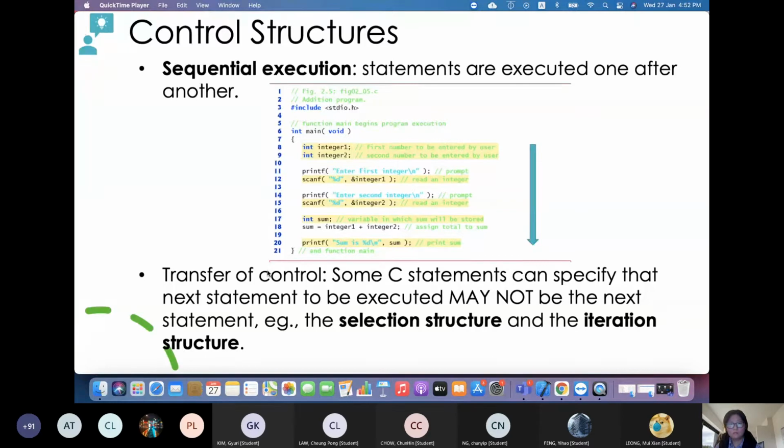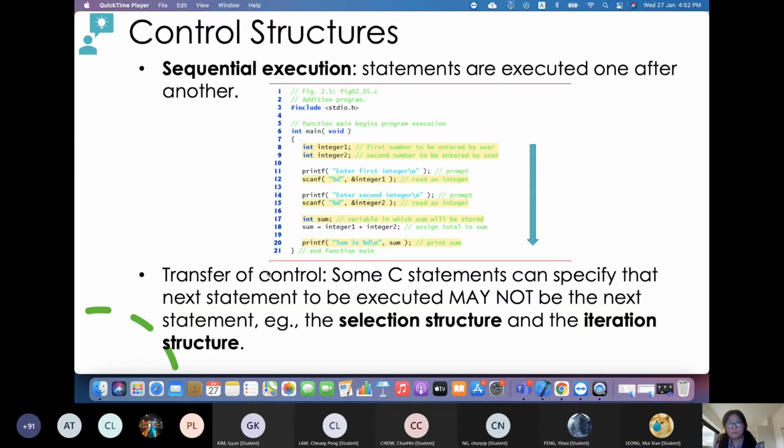First, read the definition of the two variables, and read the first print to enter the first integer, and then we will input and read the first integer. Similarly, we'll read input and read the second integer. Then we will add the total value of those two integers, and finally print the sum of those